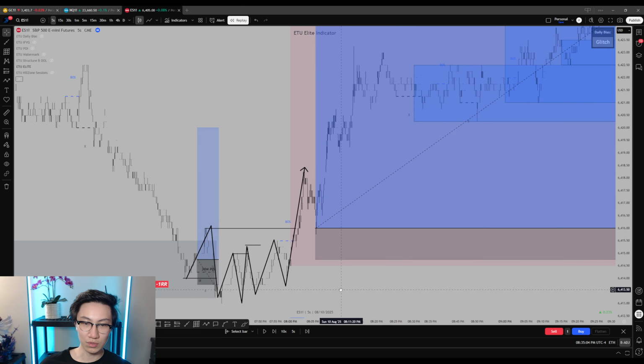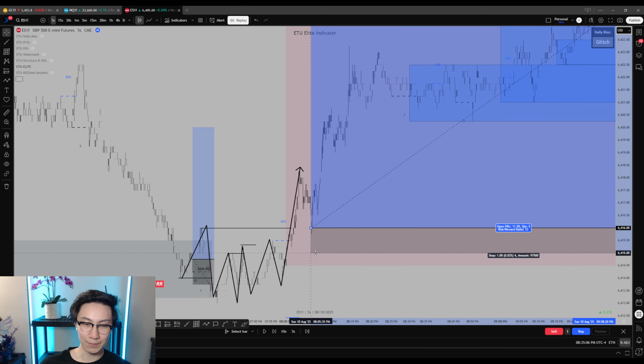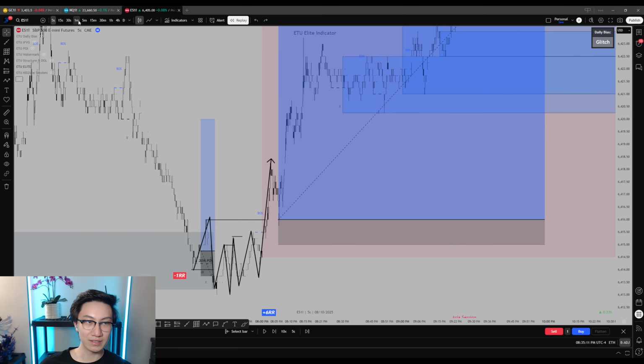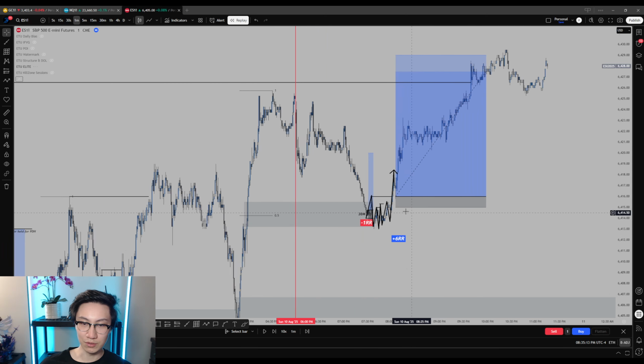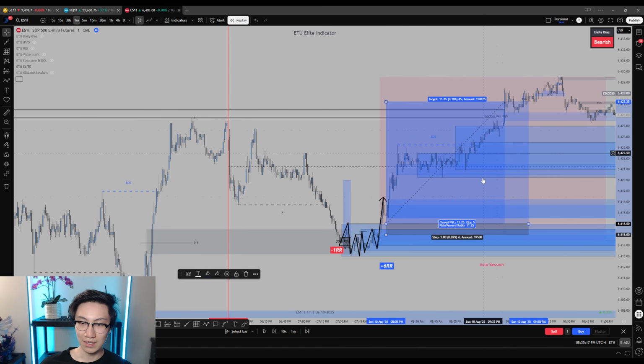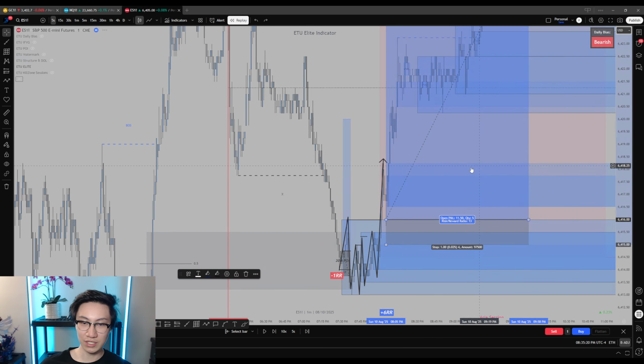Here, I do see an entry with my strategy here, and your entry and your stop loss. So you could place it below here or cover a few more POIs. Otherwise, you can place it there. Let's go back to the 1 minute and boom. This would be your entry basically using the seconds time frame here. So you would have caught definitely a lot more risk reward, probably 11 risk reward ish if you're using the